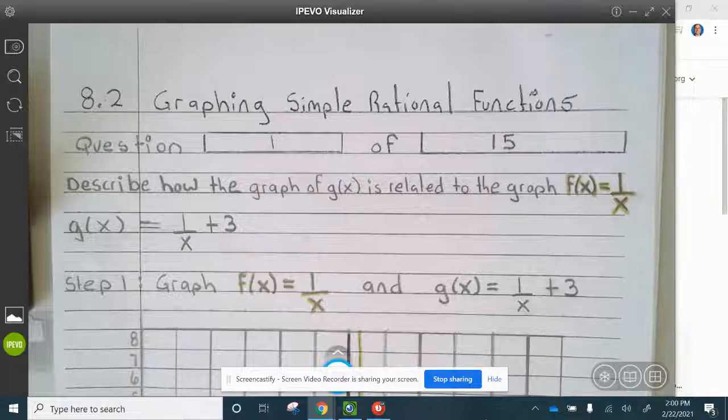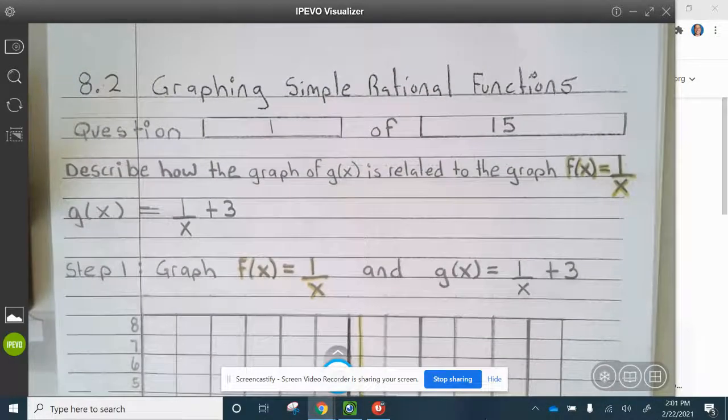Okay, Wildcats, today we're in 8.2, graphing simple rational functions assignment tutorial. Question 1 of 15. Describe how the graph of g of x is related to the graph of f of x equals 1 divided by x, when g of x equals 1 divided by x plus 3. Now, before we graph g of x